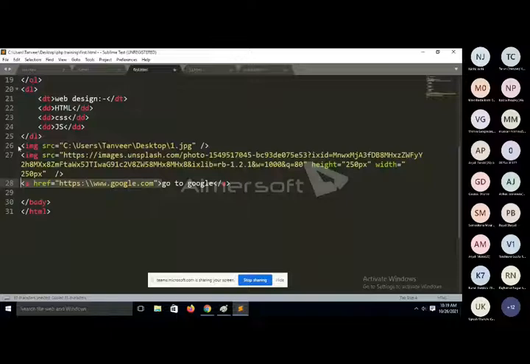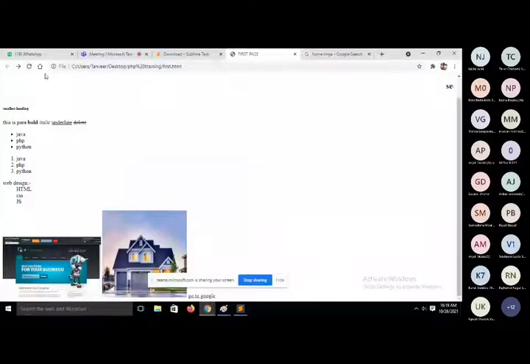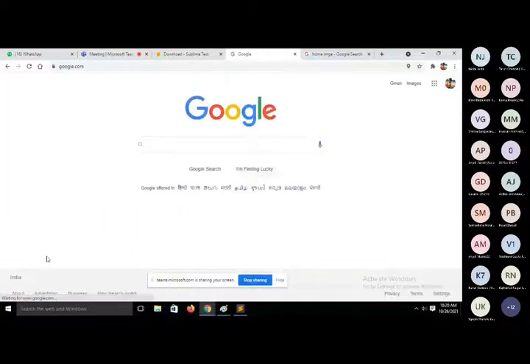We can surround the image tag under the anchor tag. Then now you can see it is not a normal image. It is basically a hyperlink image. When you click on this image, it will also redirect to the Google page.